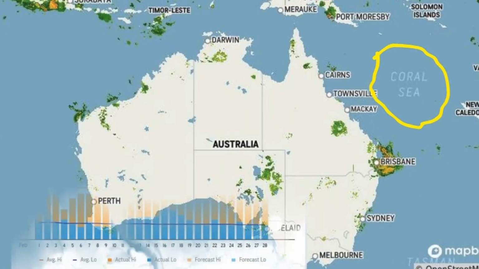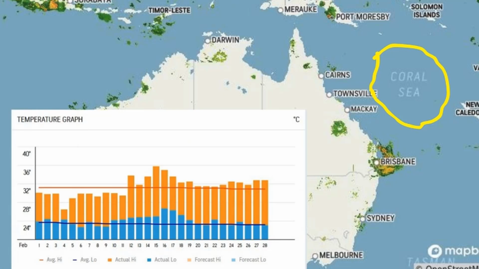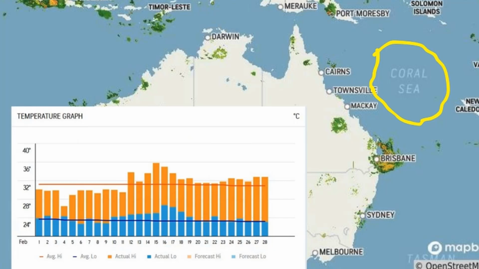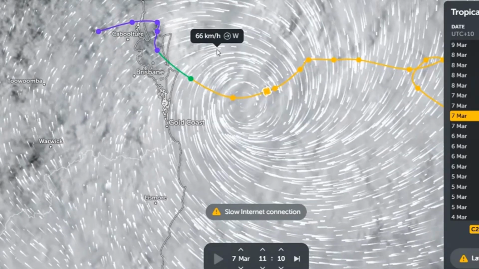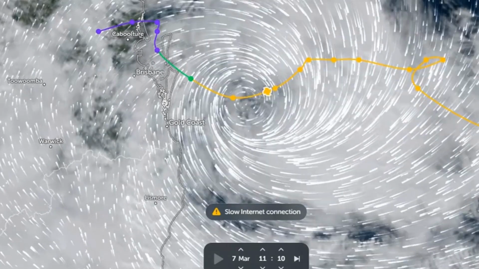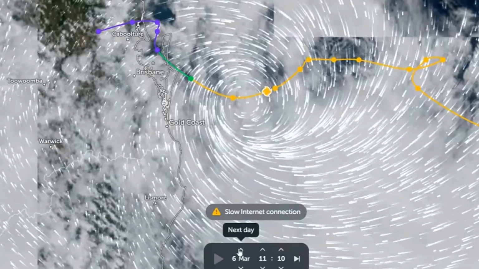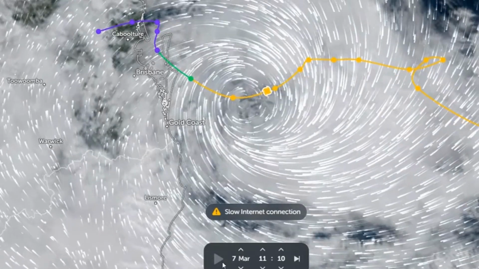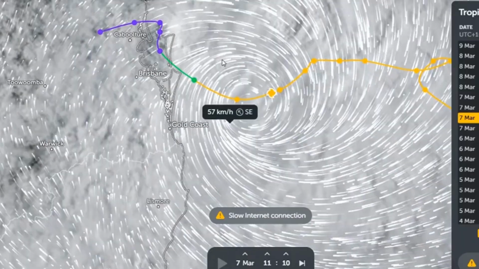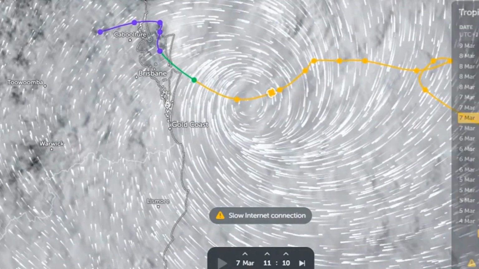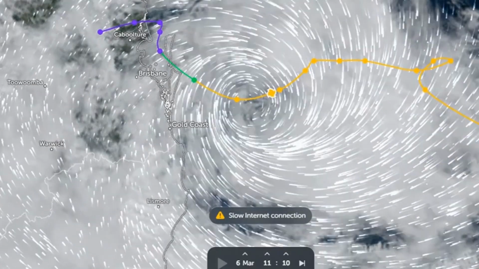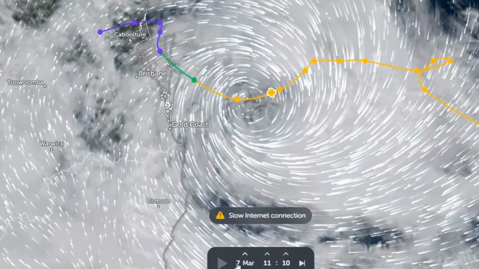How did Cyclone Alfred form? In February 2025, the Coral Sea east of Queensland hit 26.5 to 32 degrees Celsius, perfect for cyclone brewing. By February 20th, a tropical disturbance and the Coriolis effect sparked a low-pressure system, spinning clockwise in the southern hemisphere. Alfred matured over 2 weeks, crossed the Coral Sea, and slammed southeast Queensland and northern New South Wales in mid-March, unleashing wind and rain before fading over land. That's how cyclones, like Alfred, form, a wild dance of heat, air, and